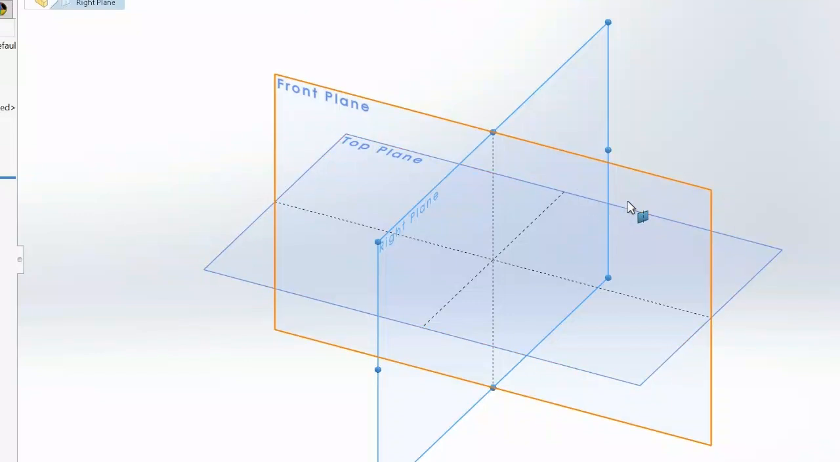So in order to create our charger, we're going to want to create a plane that's at the height of basically the white plastic part. So I'm going to want to make a plane that's 1 inch above the top plane. In order to do that, I'm going to click on the top plane. Then I'm going to go up here and click on Reference Geometry. And I'm going to click